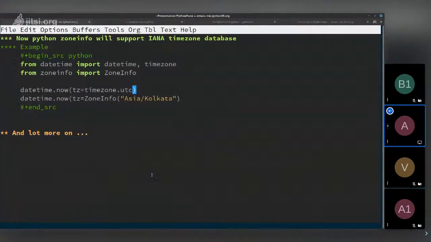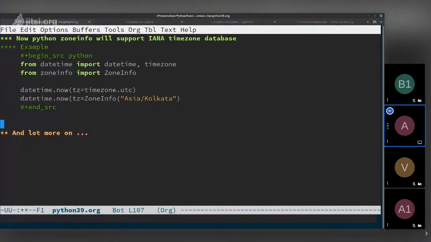And there are lots more things inside. You can go to this link and check out what things they have added. Currently they have added the new Python parser, and they are removing the old parser in the Python 3.10 version. After that, there are some